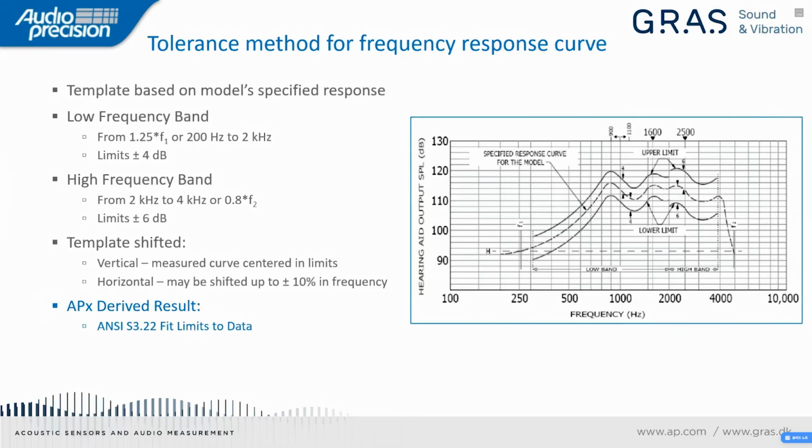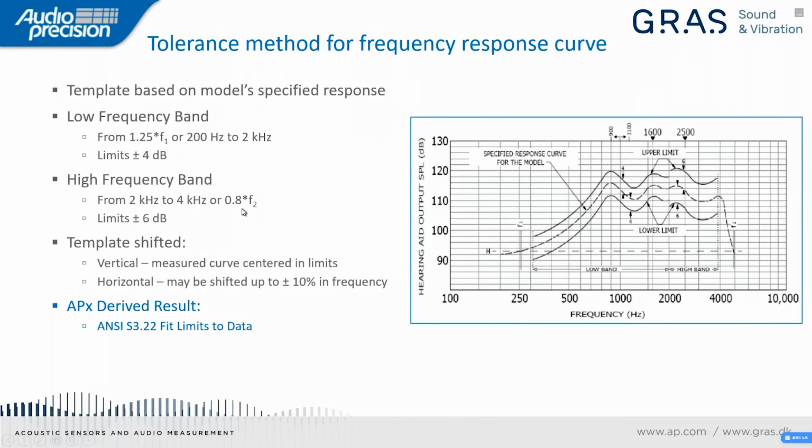1.25 F1 or 200 hertz, whichever is higher, up until 2 kilohertz, and the limits within that range are plus or minus 4 dB. And then at the higher frequency range, from 2 kilohertz to 4K, or 0.8 times the F2, whichever is lower. And in this upper range, the limits are plus or minus 6 dB. So you can see the limits are plus or minus 4 in the lower range and plus or minus 6